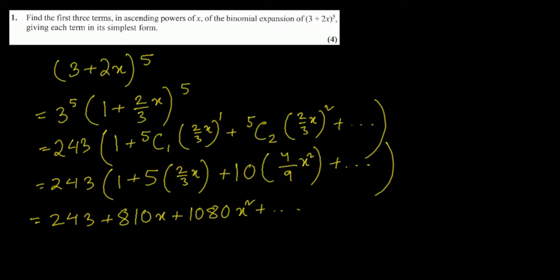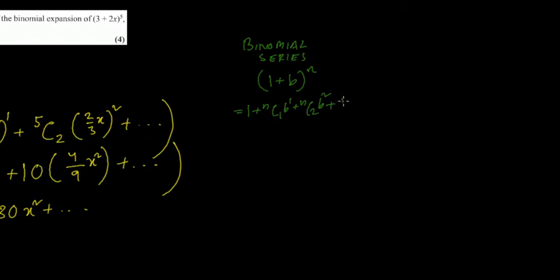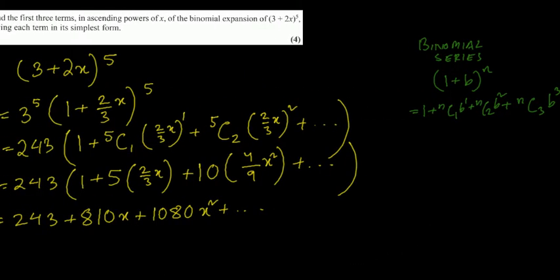So remember, for binomial series, the basic rule is the question should be in the form of 1 plus b to the power n, and it would be 1 plus nC1 b to the power 1, nC2 b to the power 2, plus nC3 b to the power 3, and that's it. And you can use the calculator to calculate this. The next one,